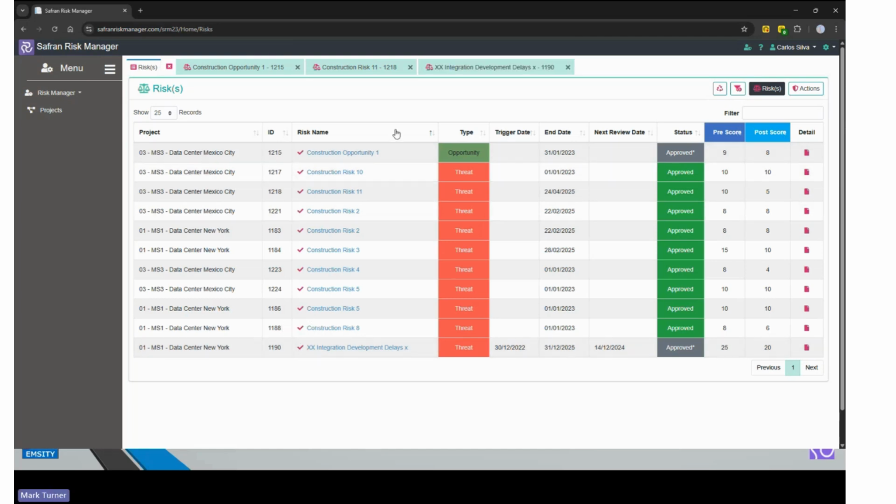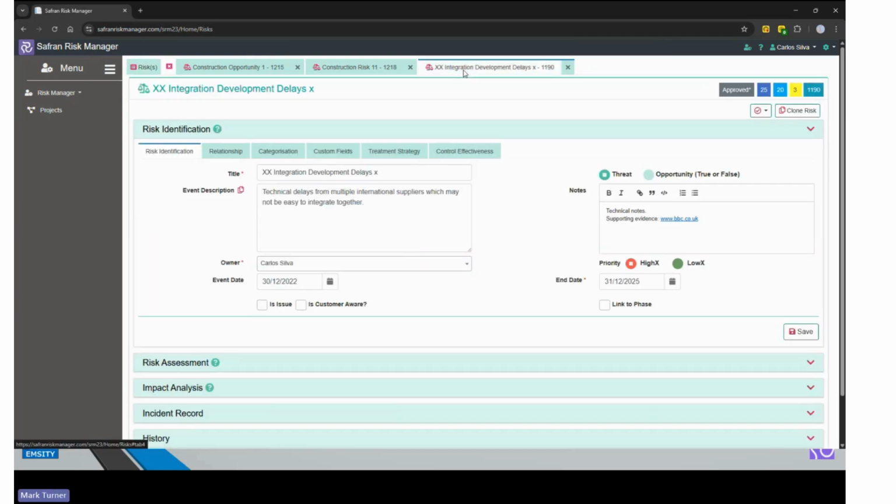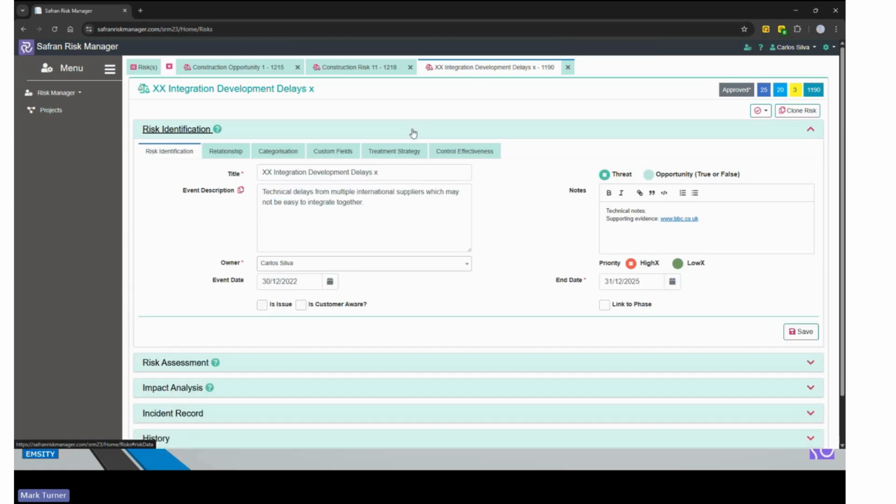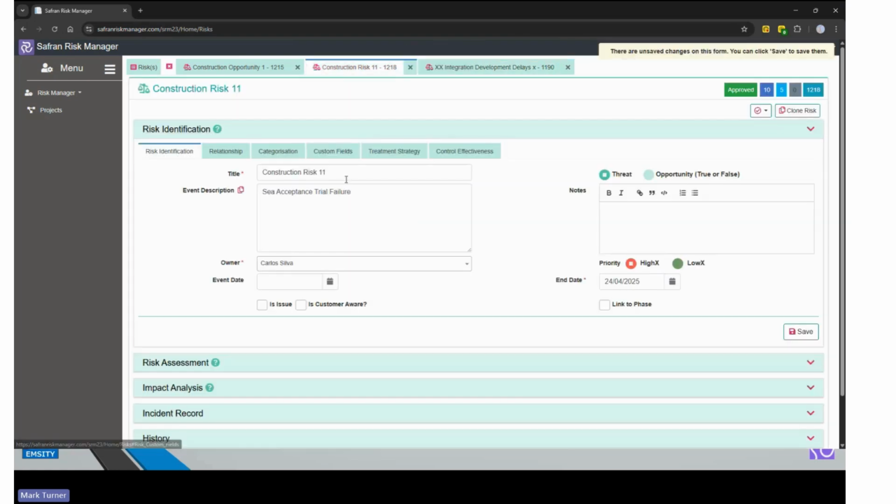And what this allows me to do is to move between the individual risk pages. So if I wish to do so, I could copy and paste between individual risks. So it gives me the ability to see multiple risks simultaneously within the same screen, rather than jumping back and forward between a risk register.